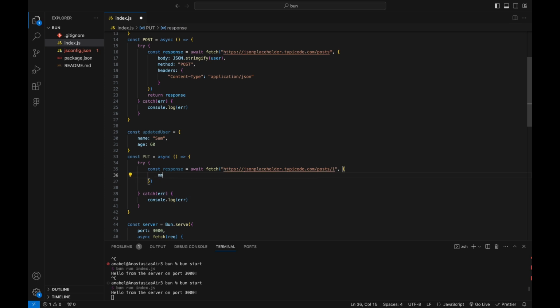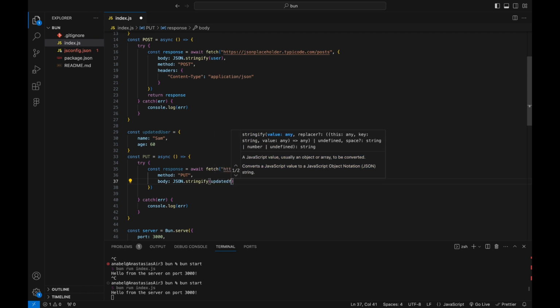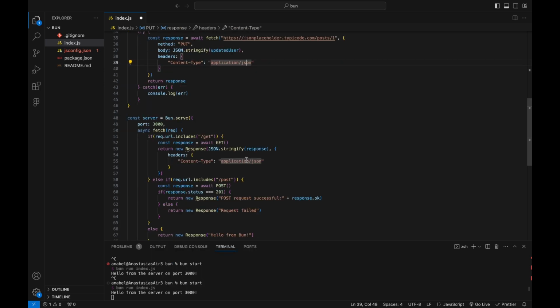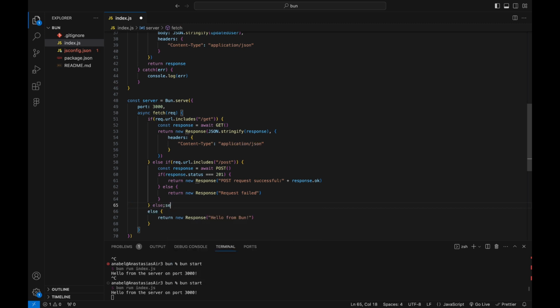We have to specify the method again. Right now it's going to be the put method, and body is going to be JSON stringify updated user. Let's add our headers. Let me just copy this right here because we've written it several times at this point, and I'm going to return our response. We'll add one more route right here. Else if request.url includes put